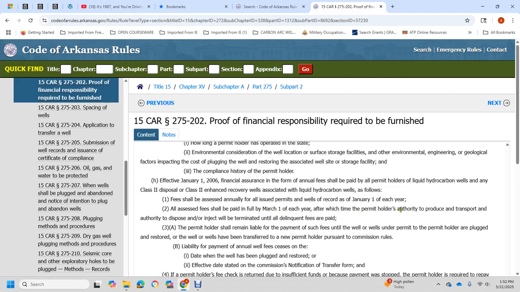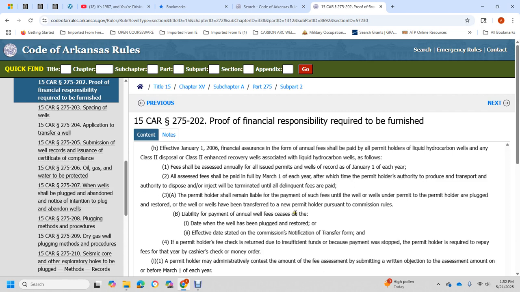A permit holder authorized to produce or inject will be determined in unit, and the transfer of the authorized escrow will occur once delinquent fees are paid. The permit holder shall remain liable for payment of such fee for the wells under permit. If the permit holder plugs the wells, or the wells are transferred to a new permit holder pursuant to commission rules, liability for the payment of the annual fee is restored effective on the date of the commission's notification transfer